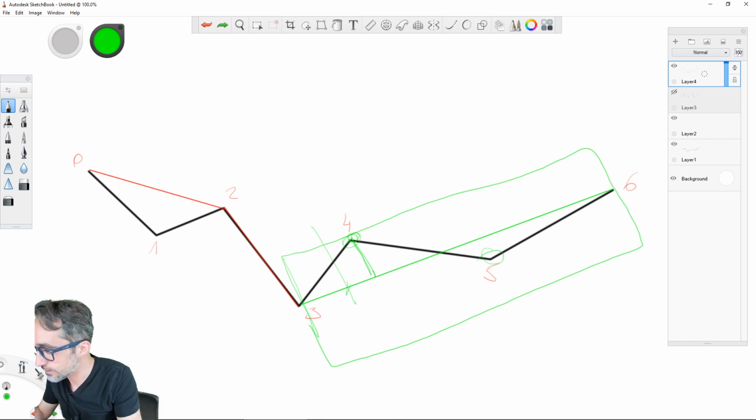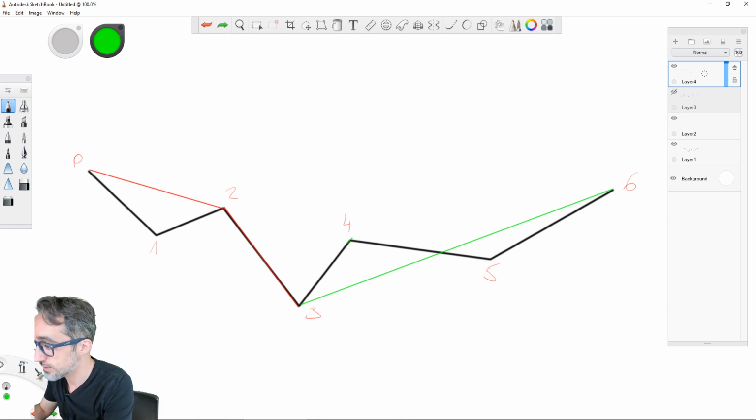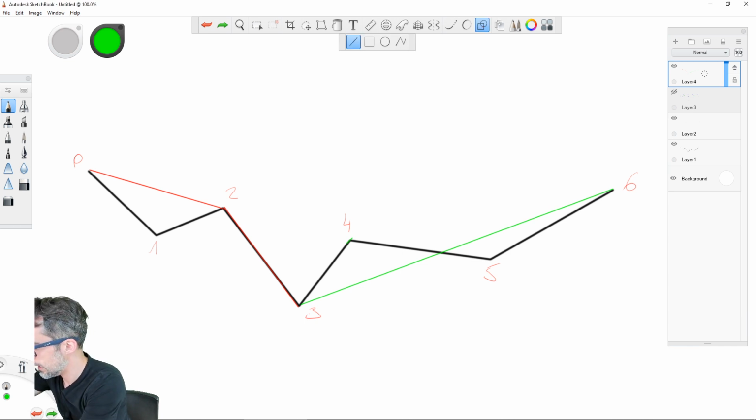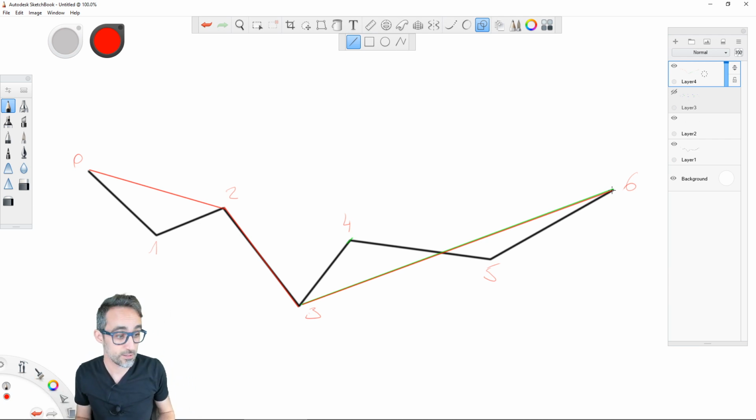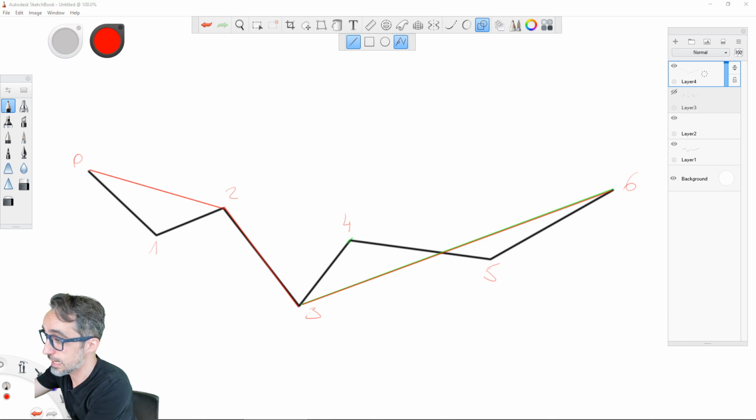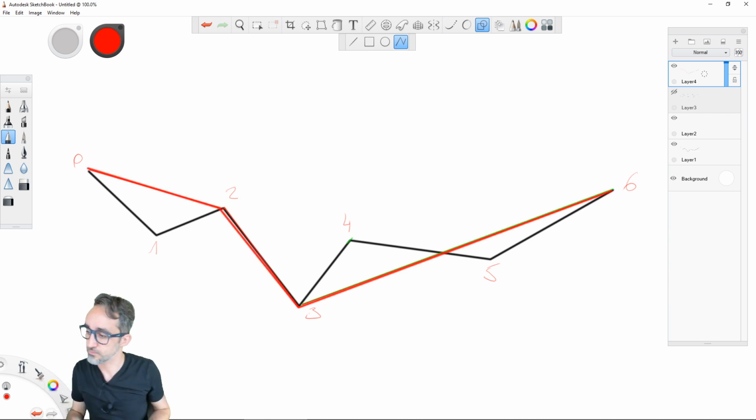So what that means is that the simplification here is now very clear. I can remove this and I can say this is going to be part of my final polyline. And you can see that this is the process. You can see that this polyline that had 7 vertices, we have removed 3. So now it has 4 vertices. Let me draw a thicker line here. 1, 2, and 3. Okay?